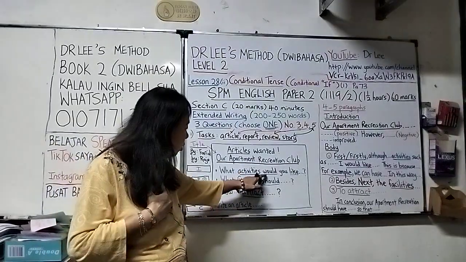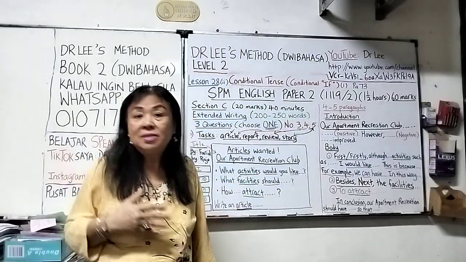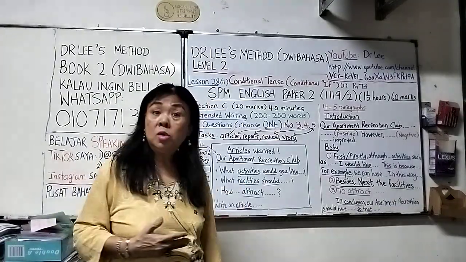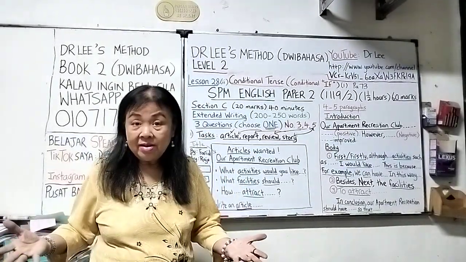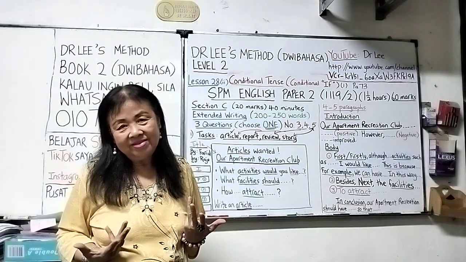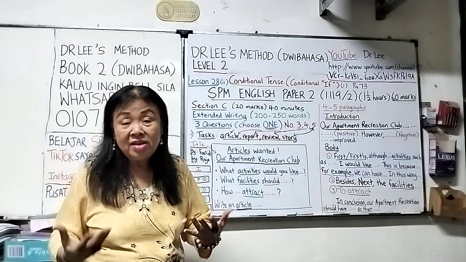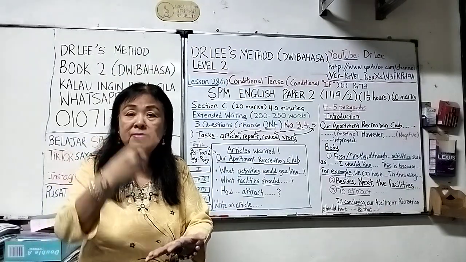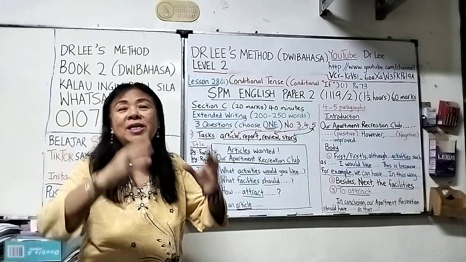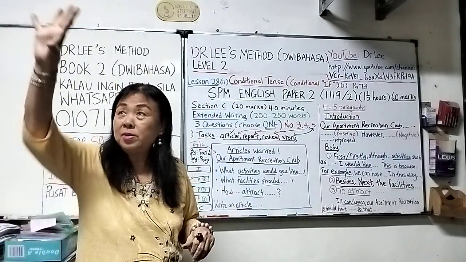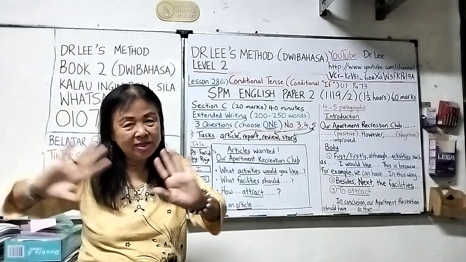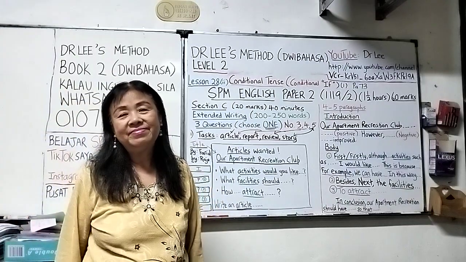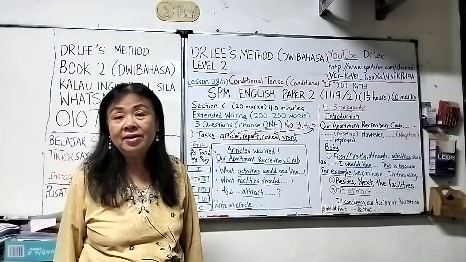Because the question say, would you like? That means they don't have. Should you have? That means you don't have. Therefore, it's negative. So when it is negative, you are writing negative. You should do this, you should do that, you must have this, you must have that. So I start with positive. So positive, negative, and then suggestions. How to make the negative become positive. This is how you write your essay.